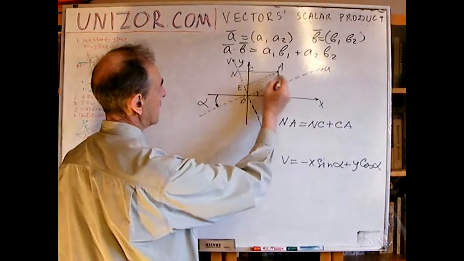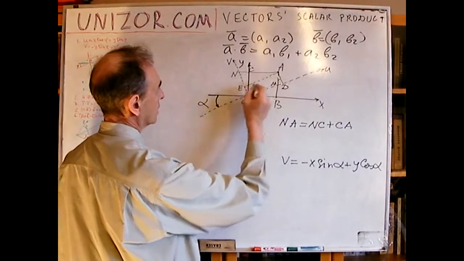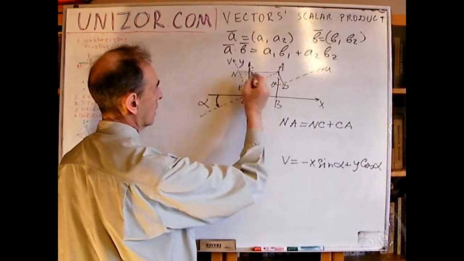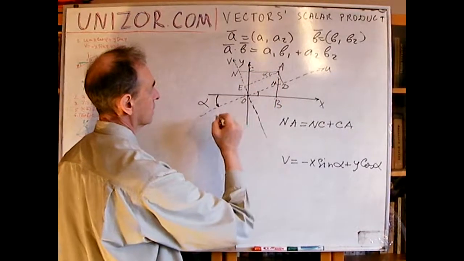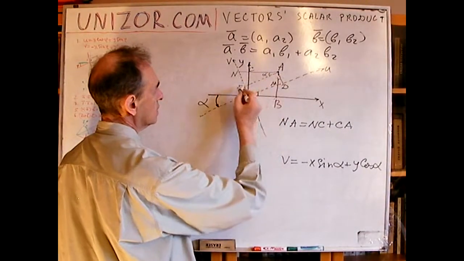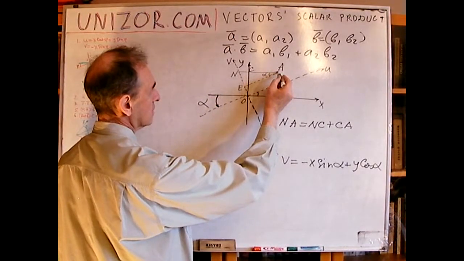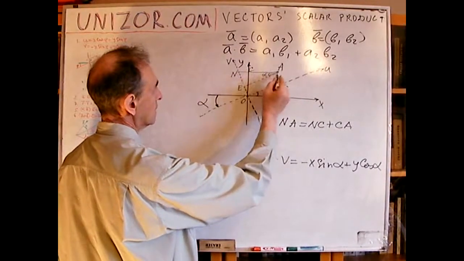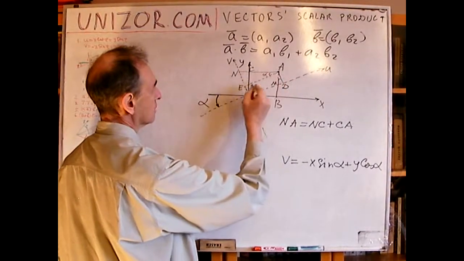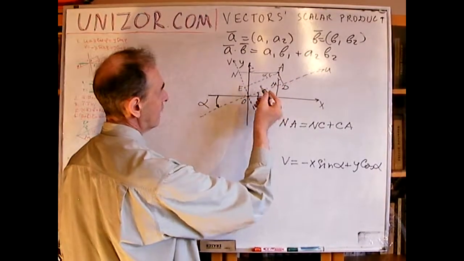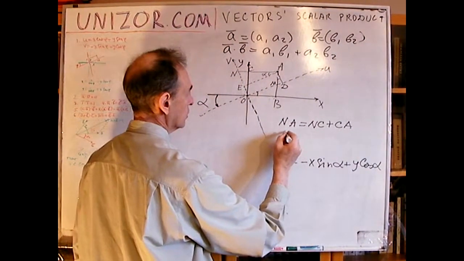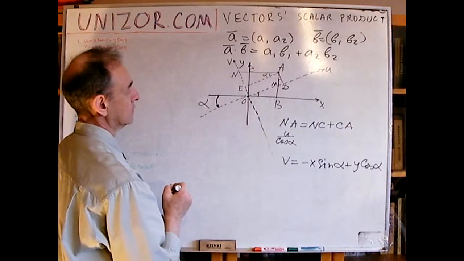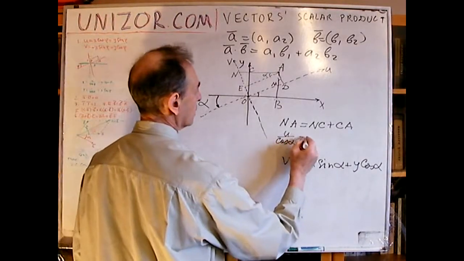Now, what is NA? Well, consider triangle NAE, this one. This is again angle alpha. AE is the abscissa of A in new coordinates, which is u. So NA is a hypotenuse in this triangle, so it can be expressed as AE divided by cosine, which is u divided by cosine alpha. That's what NA is, right? And it's equal to